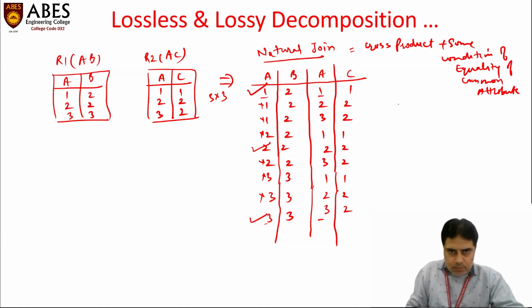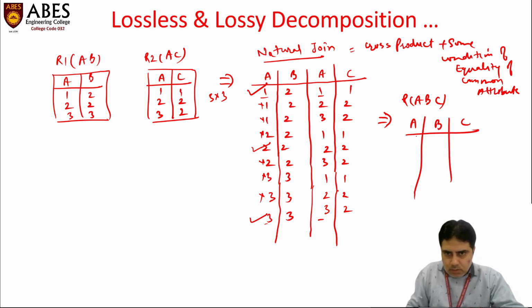Now after joining, the table has A, B, C. Now here is 1, 2, 1, then 2, 2, 2, and 3, 3, 2. We will get the original